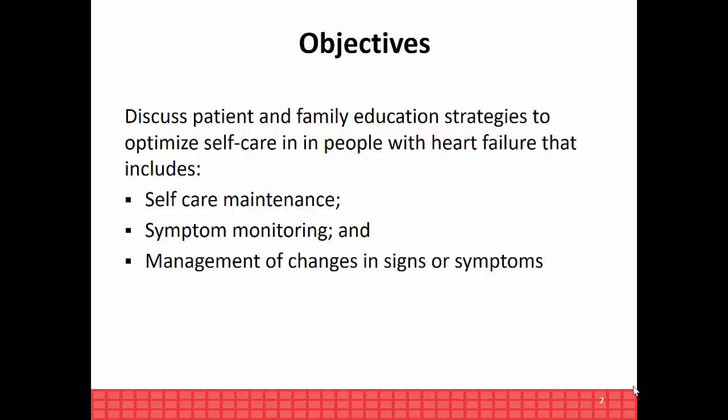What I'd like to do in this webinar is to talk a little bit about education and strategies to support self-care in people with heart failure. And there's three parts of self-care that I want to talk about. There's self-care maintenance, there's symptom monitoring, and then there's helping patients with the management of changes in their signs or